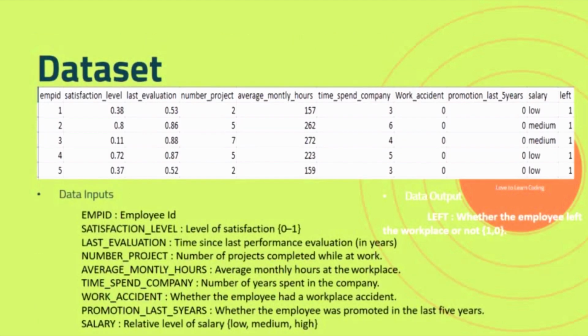So here is the data set for our problem statement, the employee data, where we have 9 input variables or features like employee ID, satisfaction level, last evaluation, and the salary, etc. And one dependent variable or label that is called left. If the left column has a value of 1, that means the employee has left, and 0 means the employee is still continuing with the organization. Now we will perform some exploratory data analysis to understand the data. So let us go to the Jupyter notebook and perform EDA.